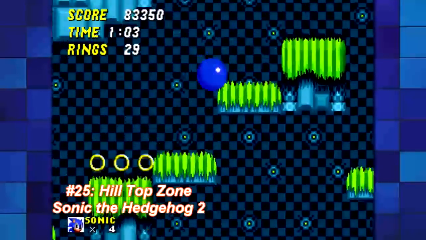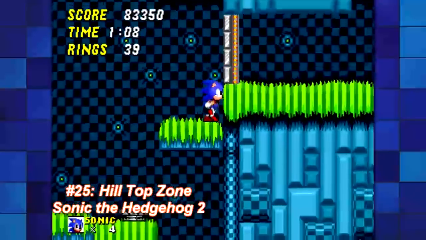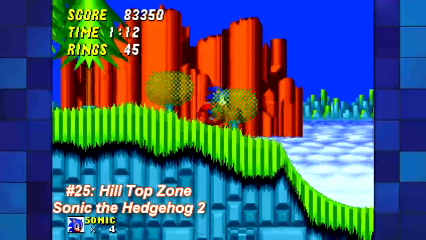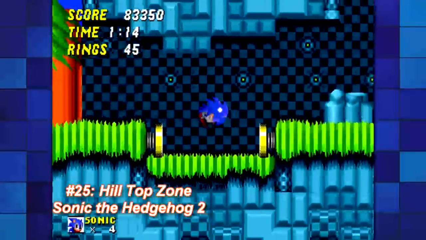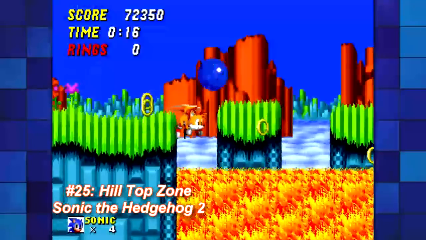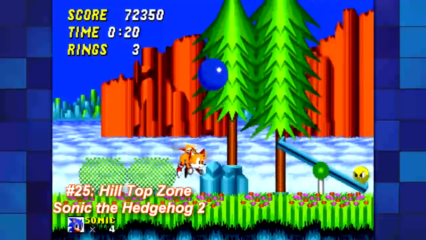To me, Hilltop Zone just feels completely different to every single other zone, like it's from a different series altogether. I don't know what it is, it just looks like it has a different art style or something. Whenever I play Sonic 2 and I get to Hilltop, I just think, oh yeah, this weird zone, and I kind of like it for that. The zone itself is pretty cool though, with its sliding platforms, seesaws, and rising lava sections, which you can plow